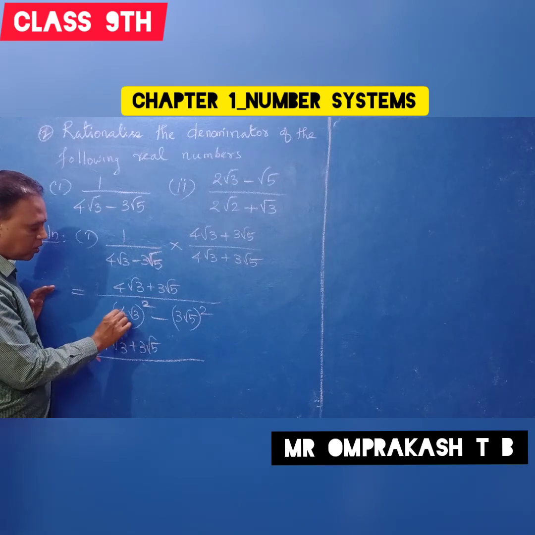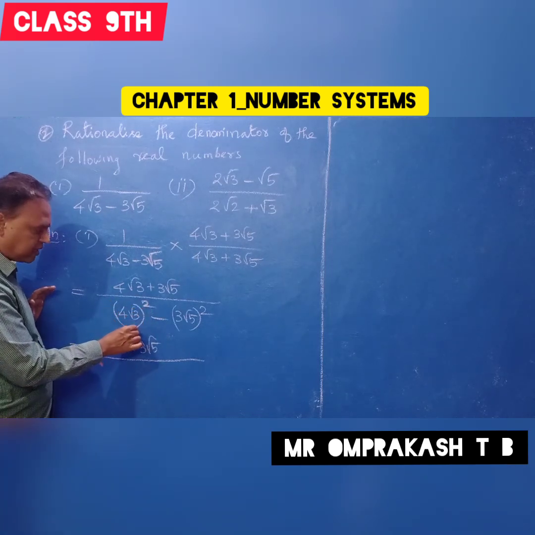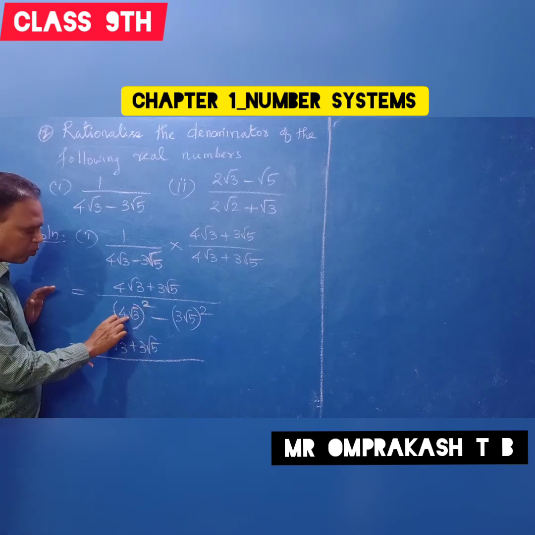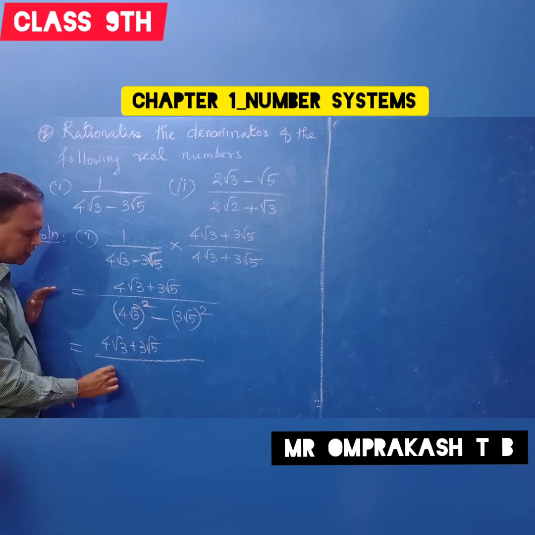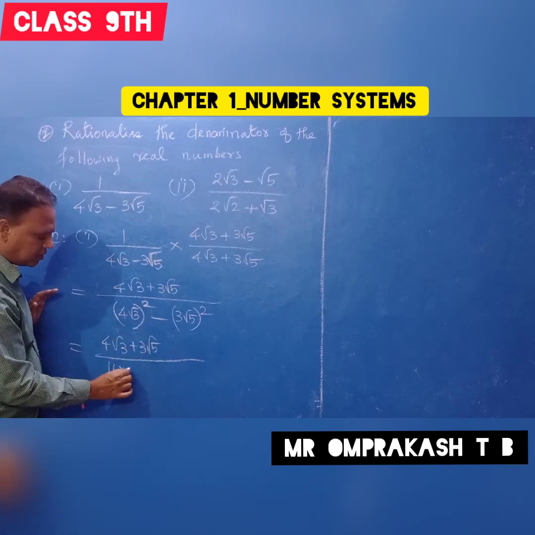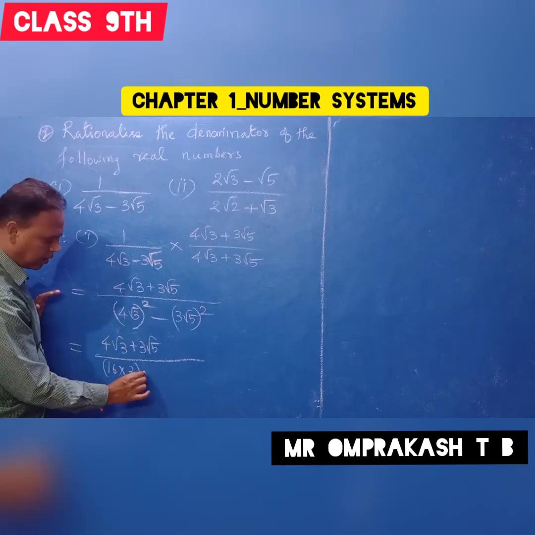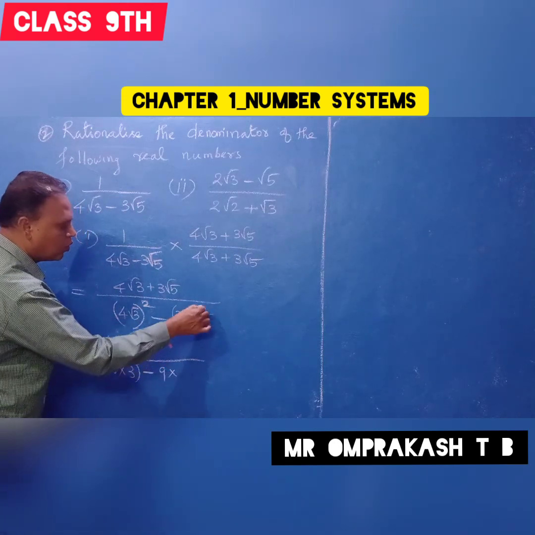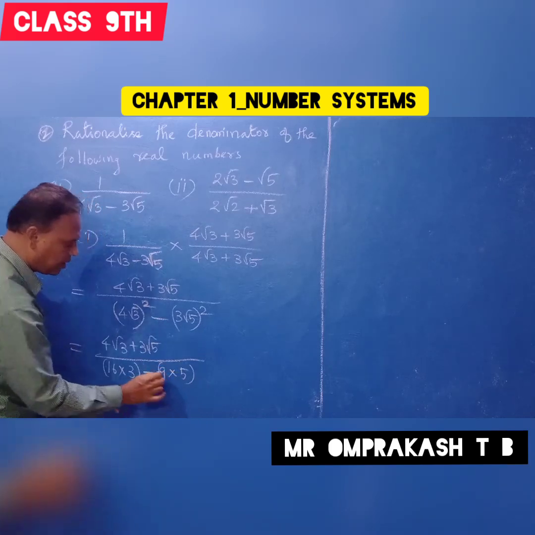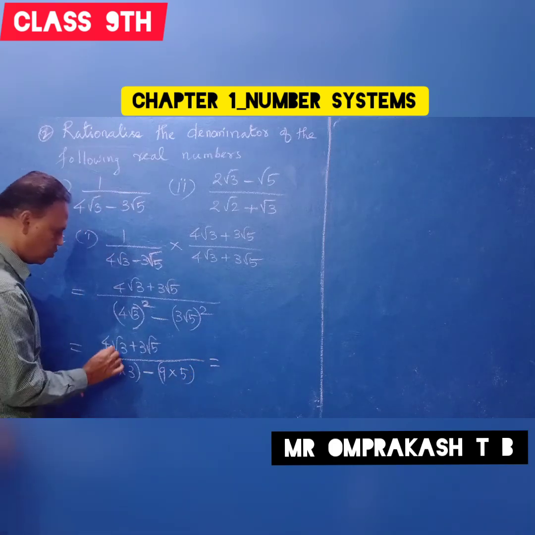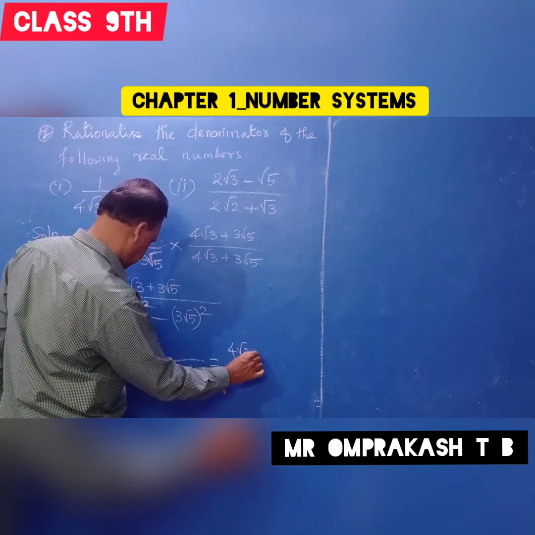You see both. That's why you have to put the bracket, it is very important. Clear? That means squaring means both. Here 4 into root 3 is there, so both you have to take square. That means 4 squared is 16 into root 3 squared is 3. Minus here 3 squared is 9 into root 5 squared is 5. Understand? So how to do squaring correctly is very important.